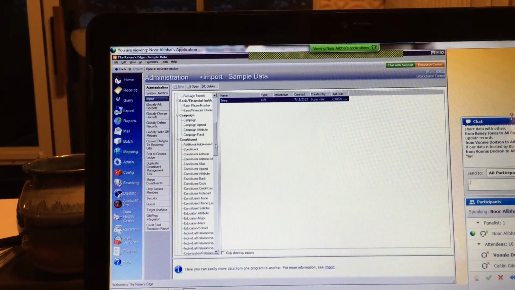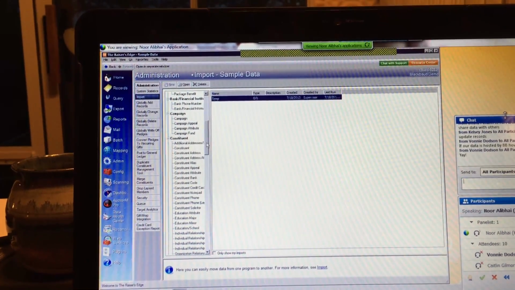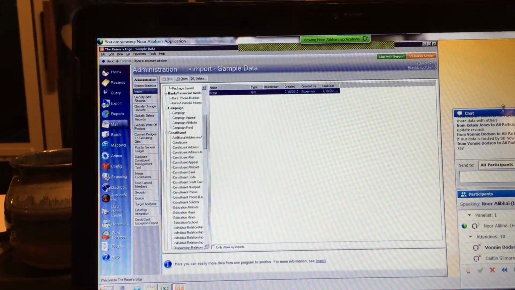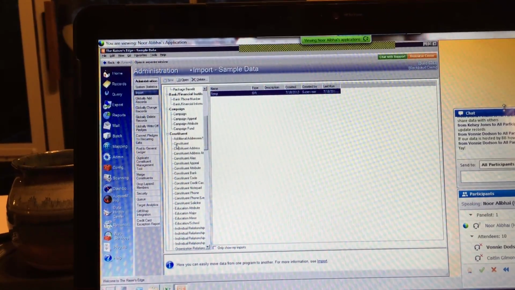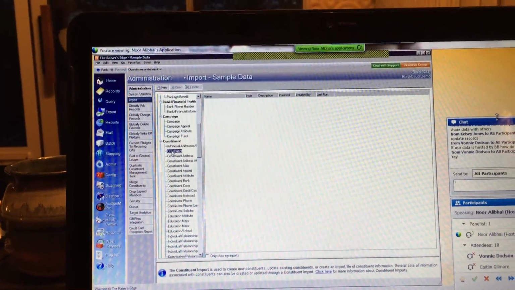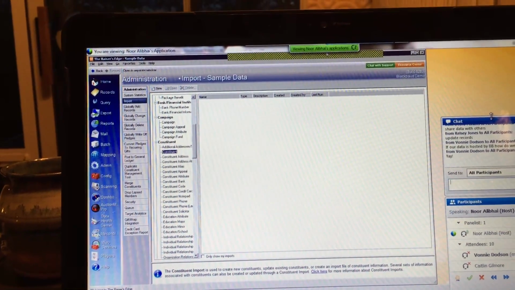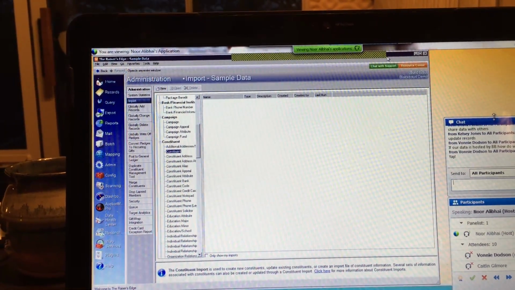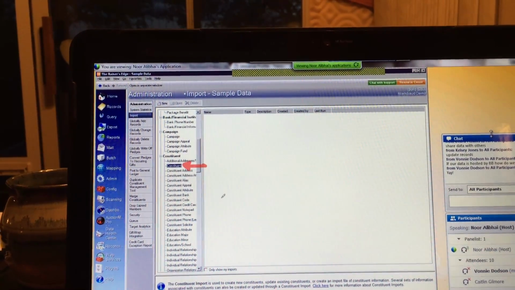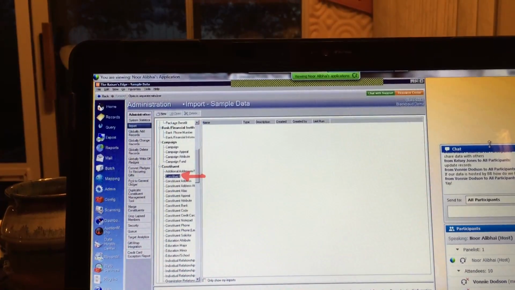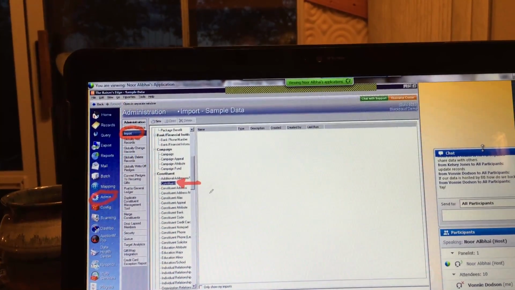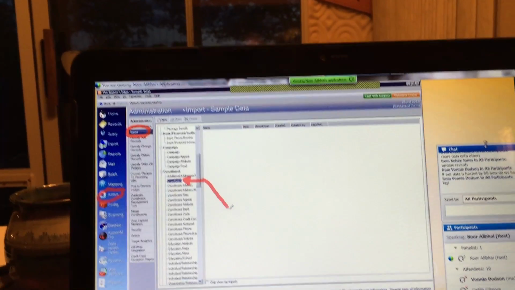Think about when you want to add a new gift. Well, if the constituent isn't existing, you will create them first, right? And then add the gift. So the first thing that you're going to do is to look at if you are going to add new constituents via import, how can you get help for that? And so in order to get help for that, you're going to make sure that you select the correct import job, right? That's going to be constituents. So admin, import, constituent, and then look down here at the bottom,